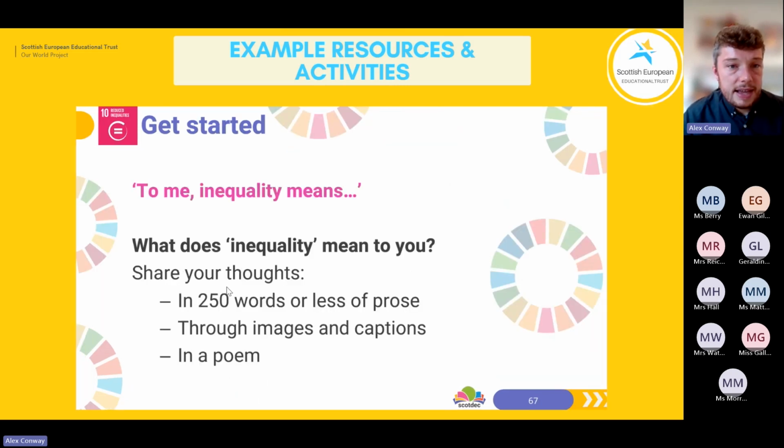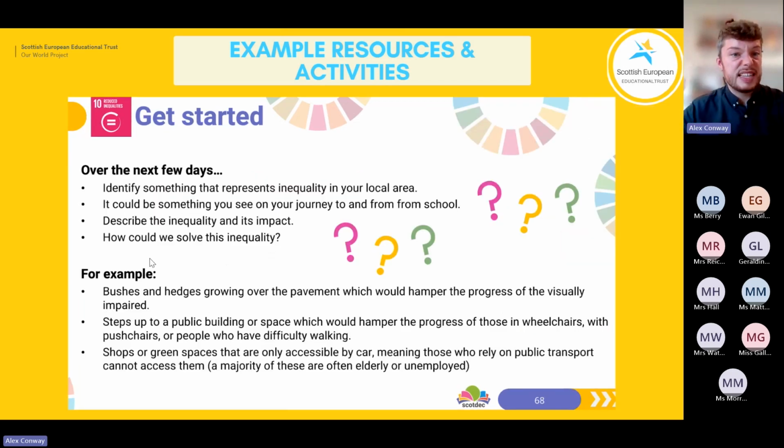And then it moves into a more discussion-based activity where you're invited to share your thoughts about what inequality means to them. So, whether that's in 250 words or less of prose, through images and captions, or maybe in a poem as well. And they also give you some activities that you can think about over the next few days or the